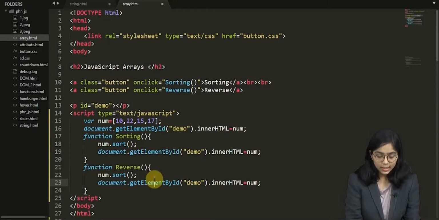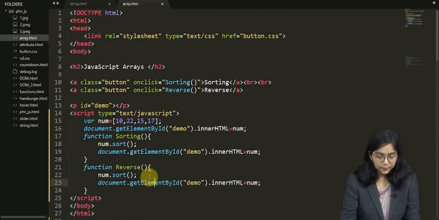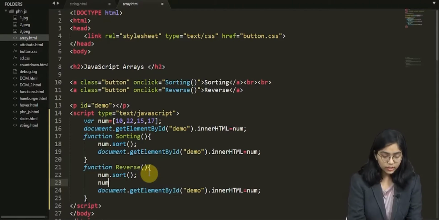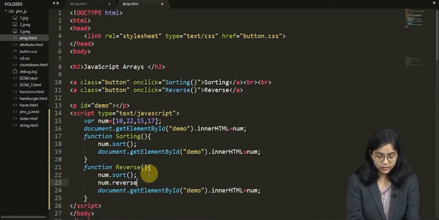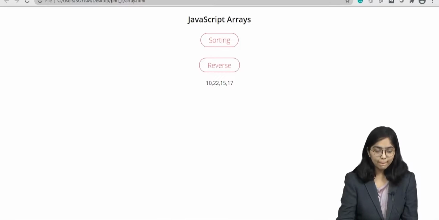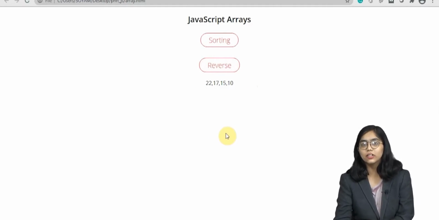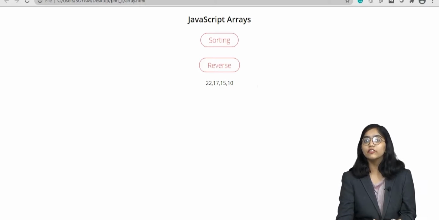After sorting this we will give num dot reverse. So let's see the output. This is my array. When I'm sorting it, it goes in the sequence. When I'm reversing it, it goes in the decreasing order. So this is one of the functions of the array.